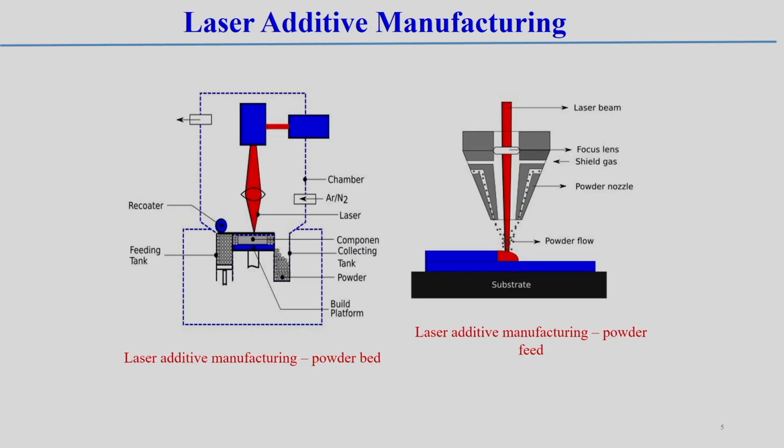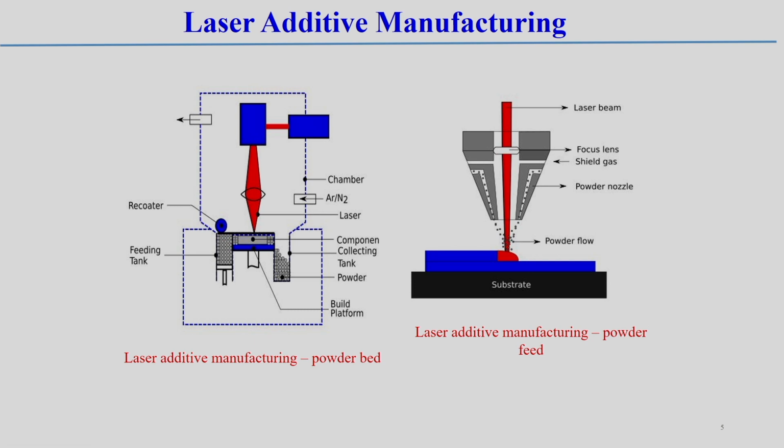So, there are two different ways it can be utilized. One is powder bed based, the other is powder feed based. I am talking about powder because powder-based polymeric material is now a well established additive manufacturing technology. So, broadly you can classify into two types: powder bed, how it works, you can see that there is a